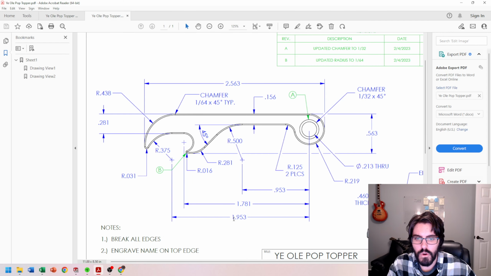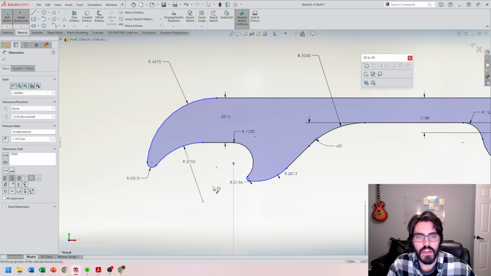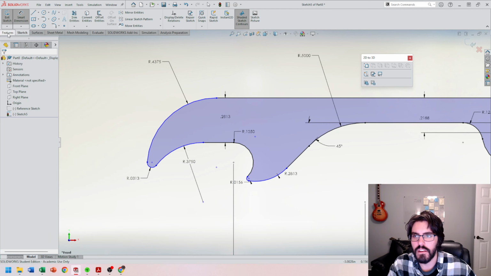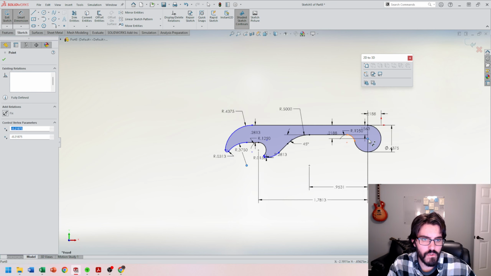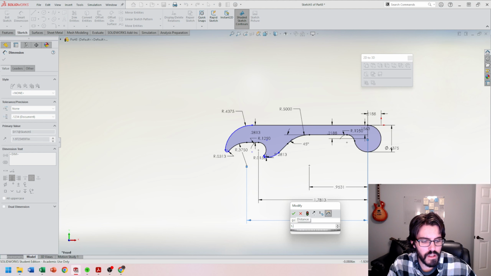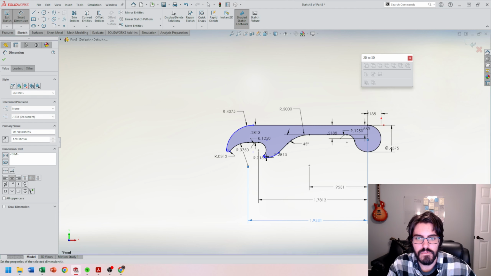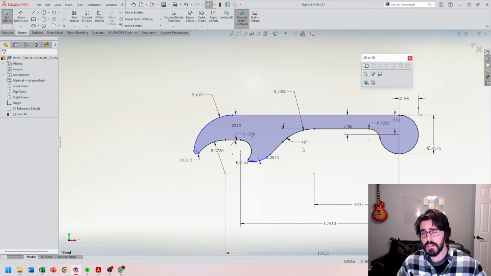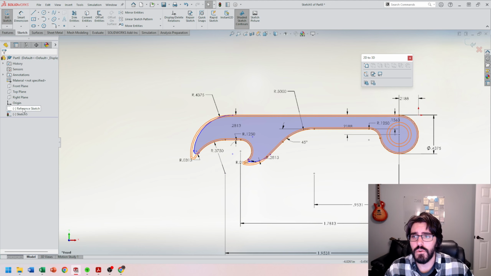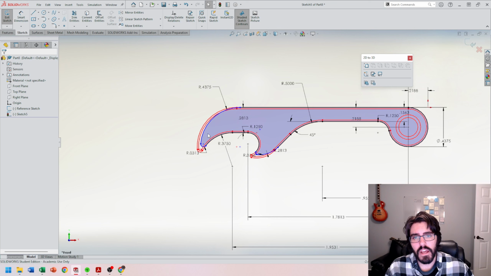Look here. 1.953. And the full fractional value of that is 1.953125. So if I hover over this arc here, I should find that center mark, grab that point, 1.953125. Okay, so things are looking pretty good. If I wanted to, I could turn on my reference sketch and show it. I'm pretty close, but I have a couple